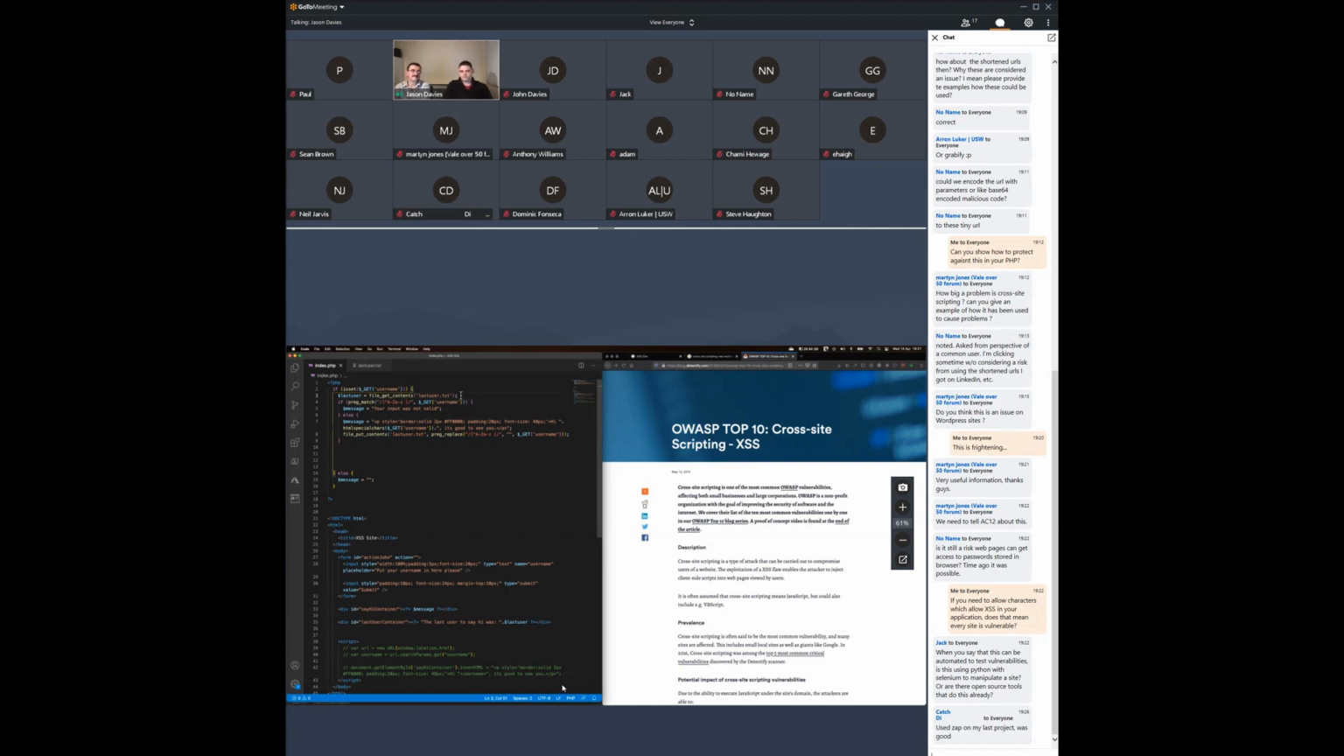It is good. If you need to allow characters which allow cross-site scripting in your application, does that mean every site is vulnerable? Not necessarily. It depends on how you're using those characters, and it depends on what you're doing with that user input. So if you have to allow characters that are doing that,